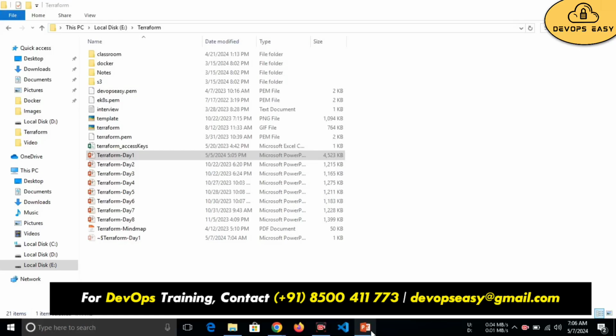Anyone? What is the use of Terraform? Yes, so basically it's used in creating our infra. Yes. So simple. If you ask me, using Terraform, you can create a